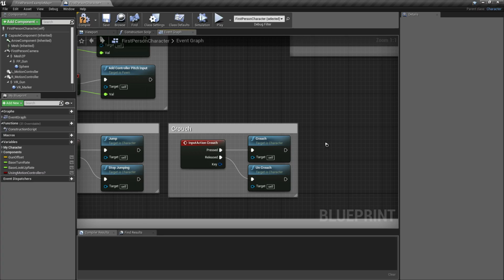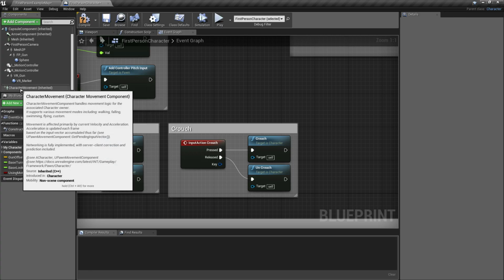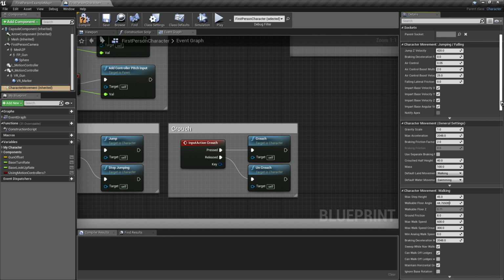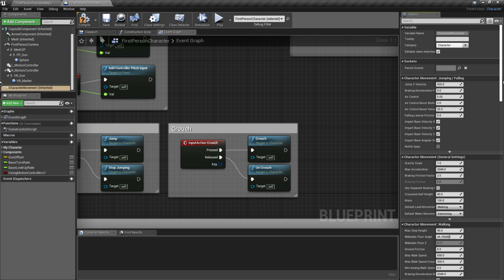After we created the logic or event of our crouch, all you need to do is find the character movement. The character movement component is the essential part of this blueprint of our first person, because this is where all the details of the first person character can be modified.